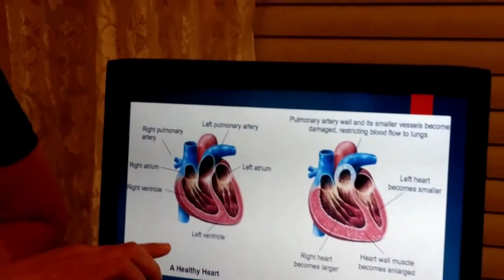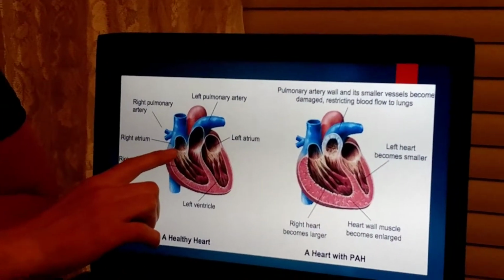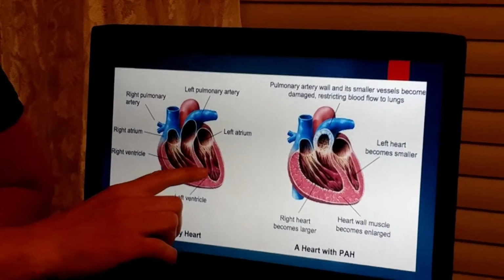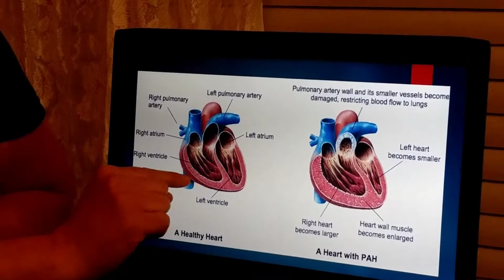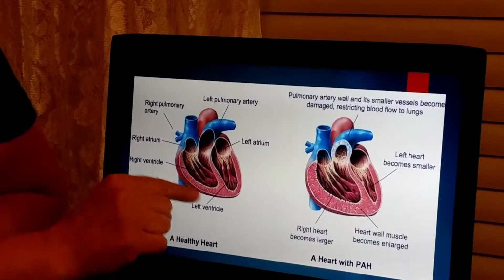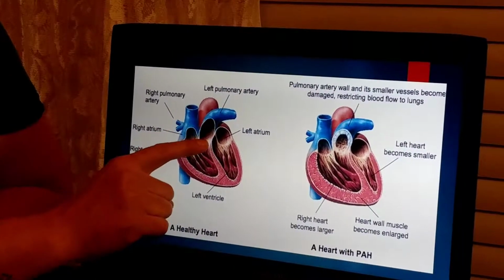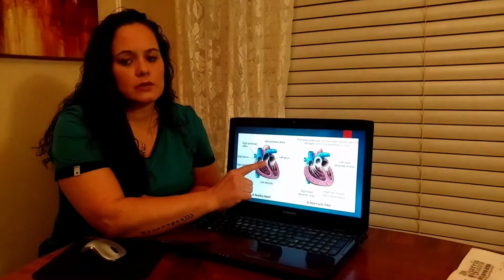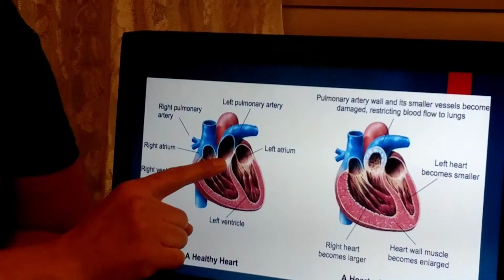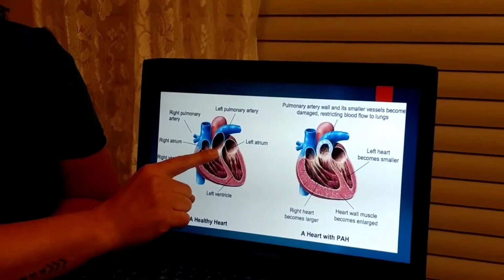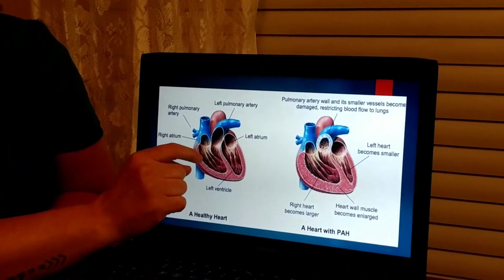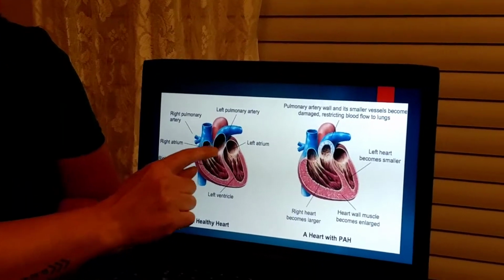So here we have a healthy heart. You can see the right atrium, right ventricle, left atrium, left ventricle. The walls of the heart around the ventricles are the same size, nice and even. You see the pulmonary artery, which measures 5 centimeters and has a normal mean arterial pressure of 15 millimeters of mercury or lower. And you can also see that it's nice and open, so it's going to have good